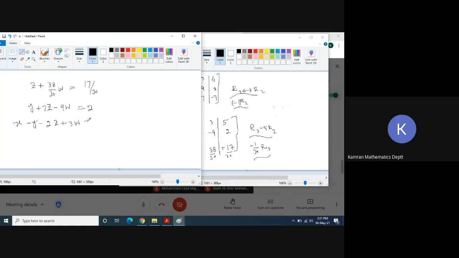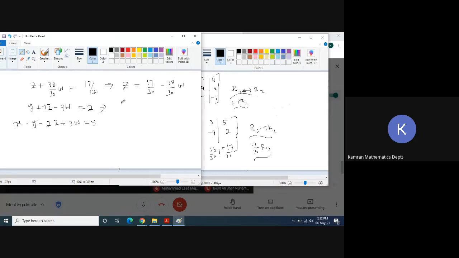So from the first equation we can express z as a function of w. So we have z is equal to 17 by 30 minus 38 by 30 w. Using this value of z in equation number 2,